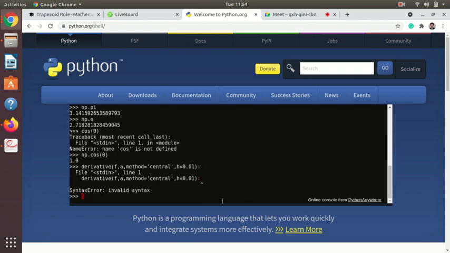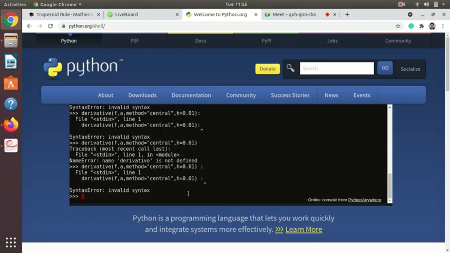Okay, it is showing some error, let's find it out. Sorry, I have missed the term definition. We have to define. Before this we have to tell that we are defining something, so we will use the term def, that is define, and now we will execute.